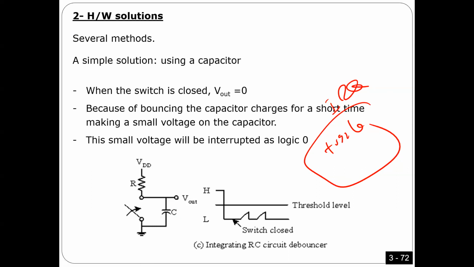Also, if you want to count how many interrupts you need, every time I press one time, it should be counted as 1, not multiple. Anyway, you should also understand we can solve it using hardware by having a capacitor like this one. The idea is that the capacitor should charge a little bit, but it is still going to be interpreted as 0 volt. Okay, so in this case you don't need to write the code. The code is used only if you want a software solution, right? So you don't need to put the code. And if you ask me which one is better, for sure this one. Maybe this one is going to cost you a little bit of money for the capacitor, but